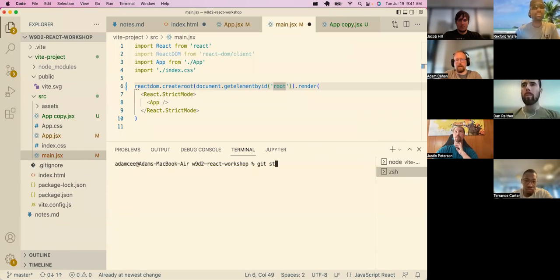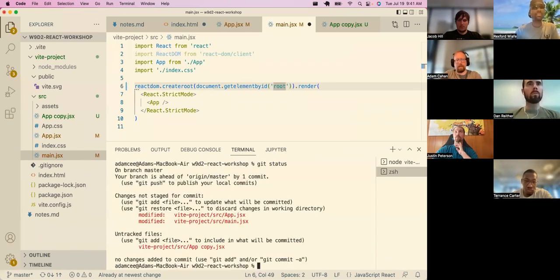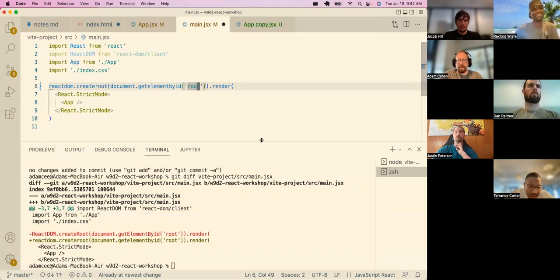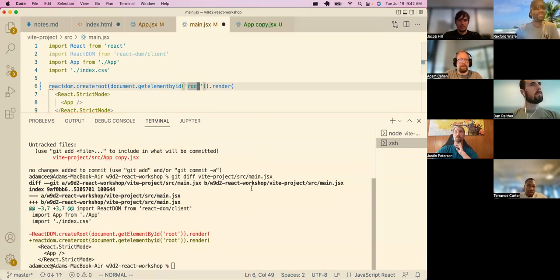I apologize. No, you folks are totally right. I don't know how I did that. So here's, I guess, a nice little aside. It's not React, but